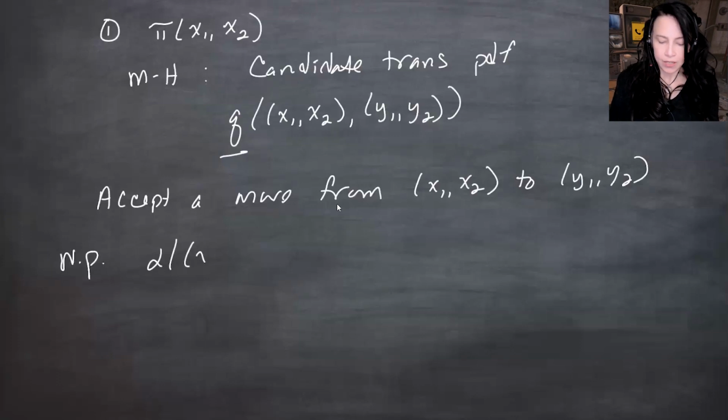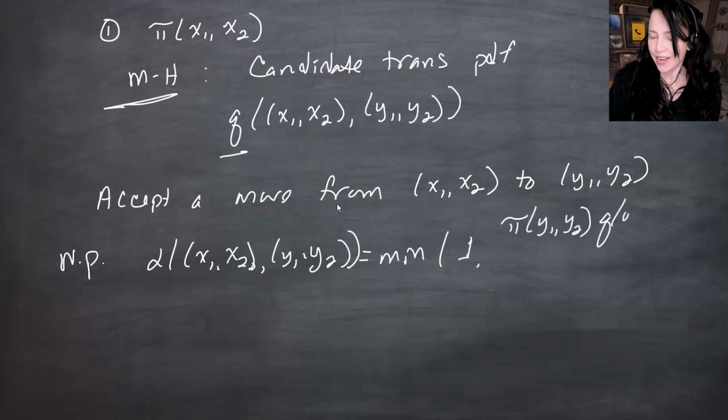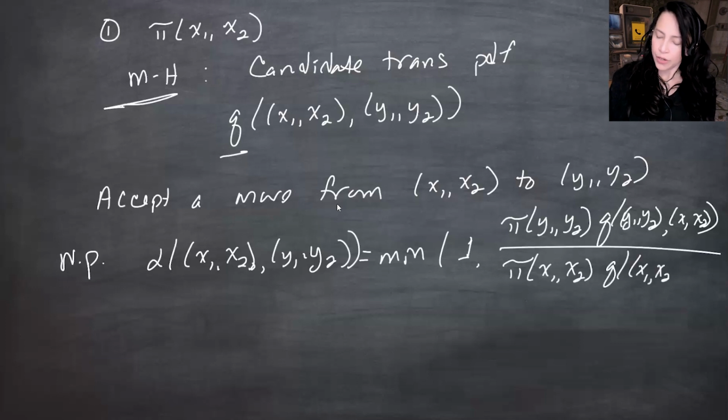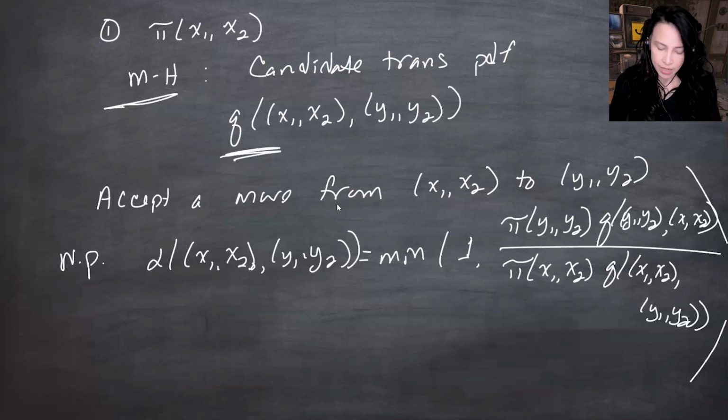So again, this is all Metropolis-Hastings. Alpha of (x1, x2) to (y1, y2) is the minimum of 1 and pi(y1, y2) times Q((y1, y2), (x1, x2)) over pi(x1, x2) times Q((x1, x2), (y1, y2)). So that's Metropolis-Hastings. And the Gibbs sampler says that we're drawing from something very specific. So I would take that to be a candidate transition PDF, the recipe for the Gibbs sampler, and show that. So for Gibbs,